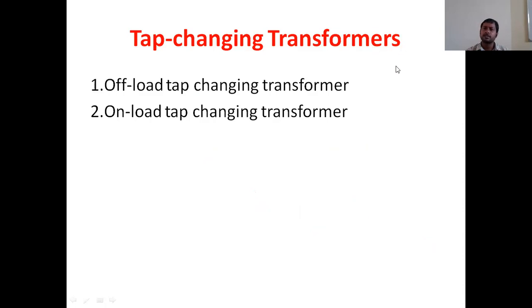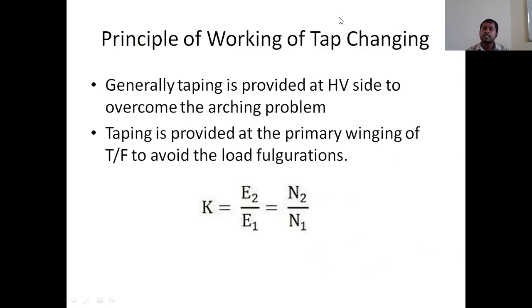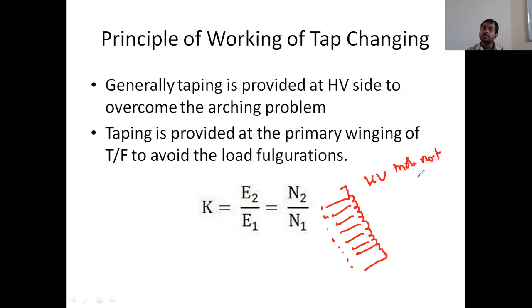Let us discuss in brief about the tap changing positions. We need to take two important considerations in tap changing. During tap changing, this tap changing is provided on the high voltage side to overcome the arcing problems. So on the high voltage side, we need to use tapping positions. In the high voltage side, we will provide more tappings, one, two, like that, more high voltage, nothing but more number of turns, and high voltage, nothing but